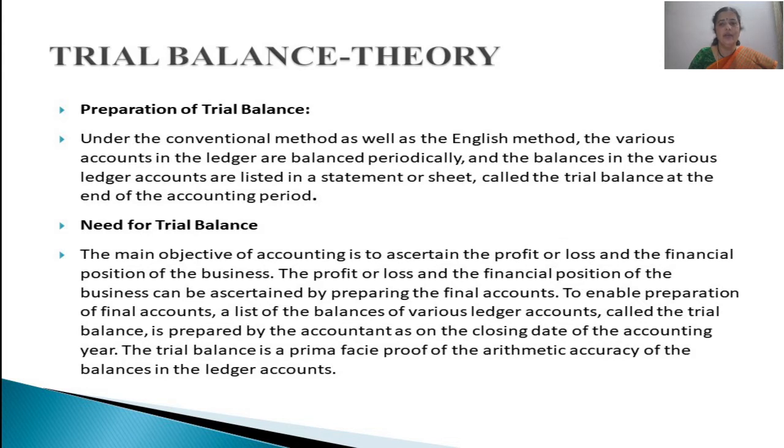This is what we call balancing. That is balancing of ledger accounts. That means we will find the balances in all the ledger accounts and we'll find is it showing debit balance or credit balance. And after that, the next thing is preparation of the trial balance. So to tell in an order means, first of all, journalizing, then posting, then balancing of the ledger accounts, then comes the role of this topic, that is the trial balance.